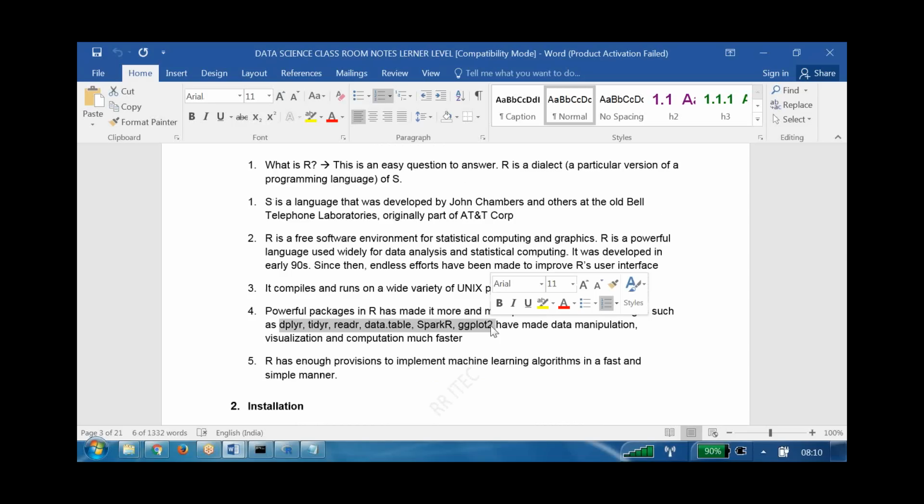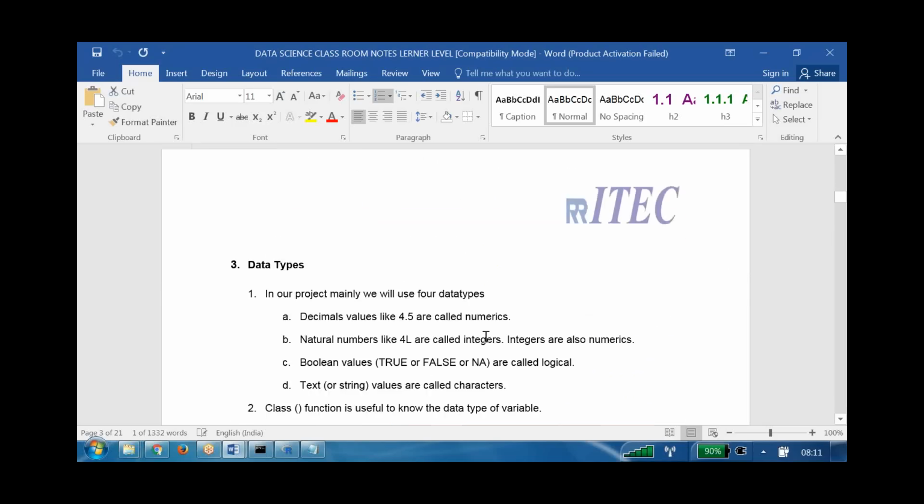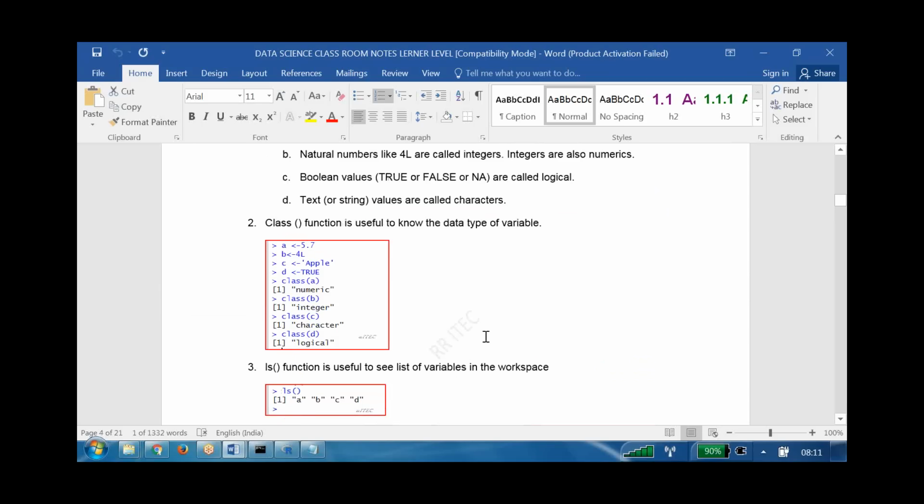Everything is done with packages. For example, we can integrate R with Spark, which is one of the big data concepts. Each and every integration is possible through packages. We are going to learn those things, don't worry. Today you start with the data types and try to see the data types end to end.